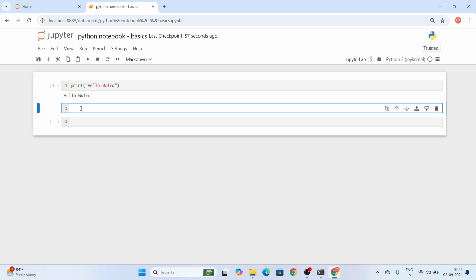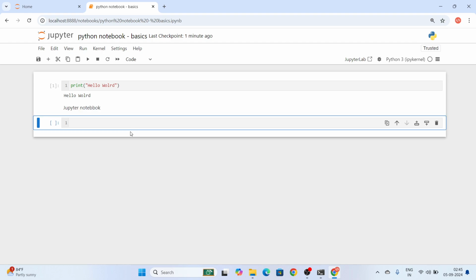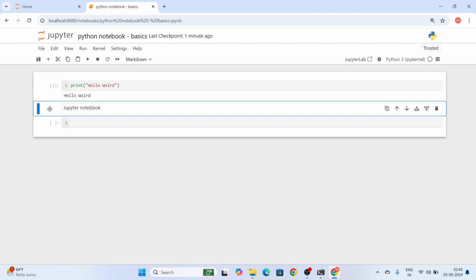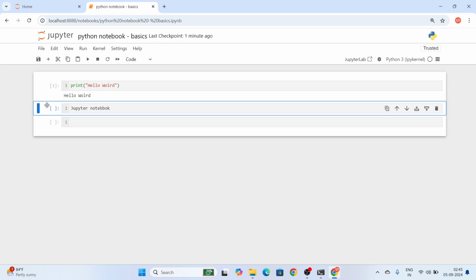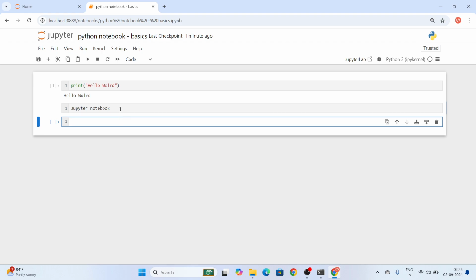So you can just type in something about, let's say, Jupyter Notebook. So this is like a text box. So if you want to convert a text box into a coding cell, you can again click on this empty space beside the cell and press Y. So that will convert this into an executable code cell. So here I'll again click it and press M. So this is how you can